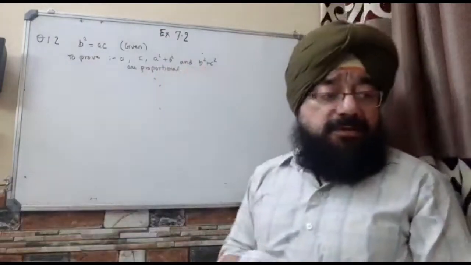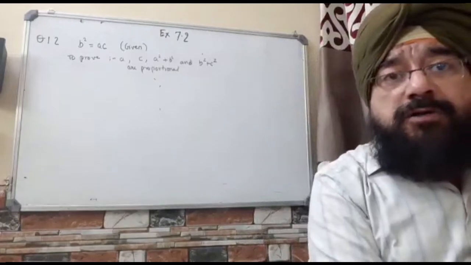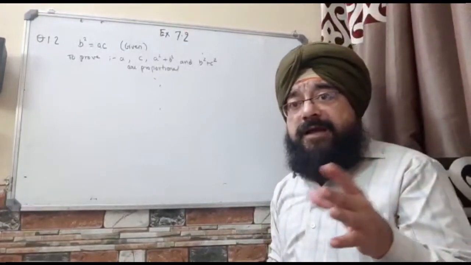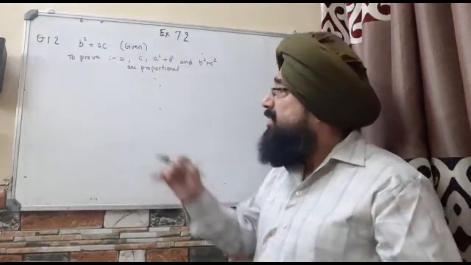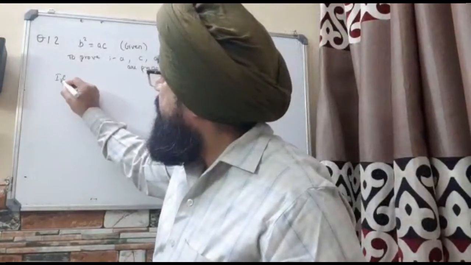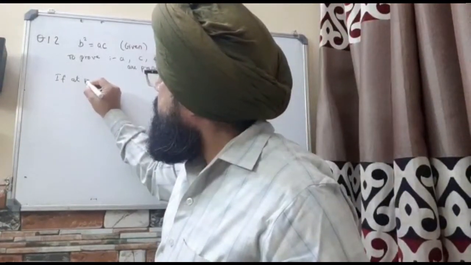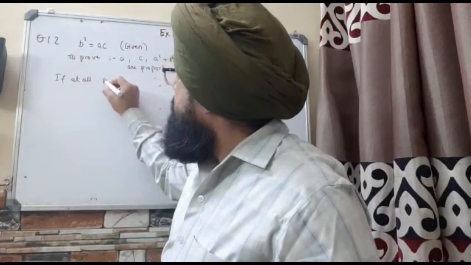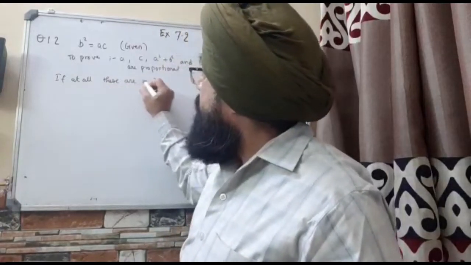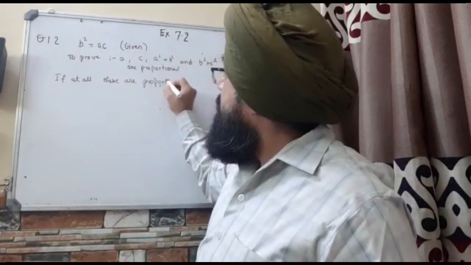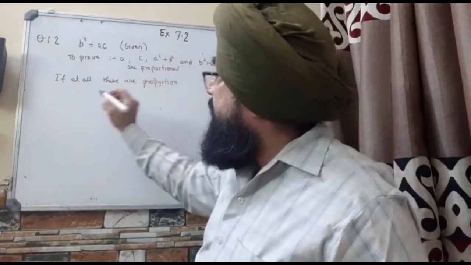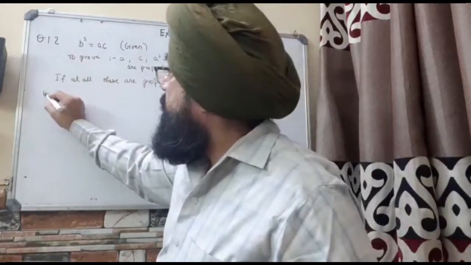Right? So if at all these four are proportional, then what is in our hand? That is, we need to prove